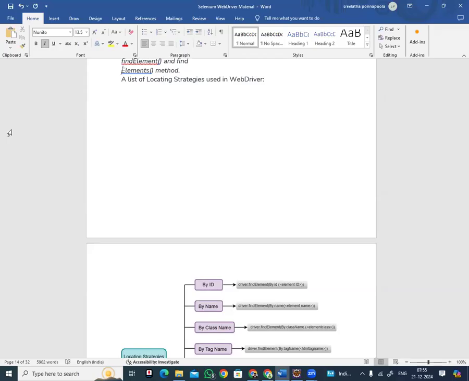So normally, using Selenium, it is very simple to write the programming code. Why? Because in Selenium we use automation